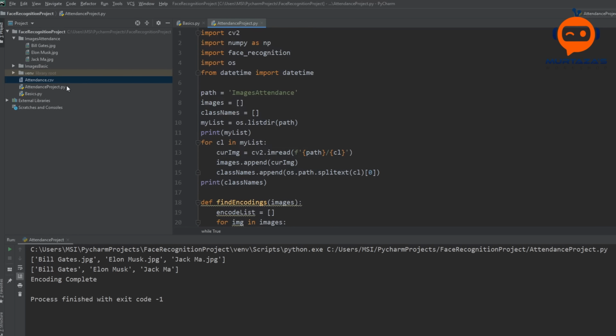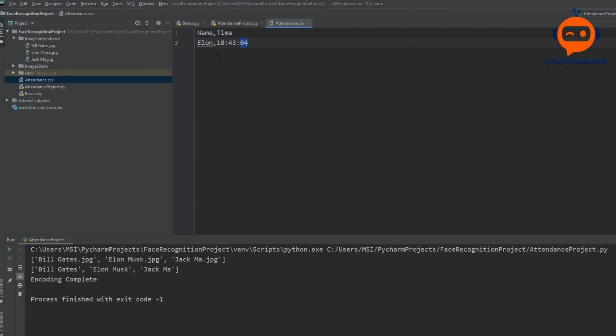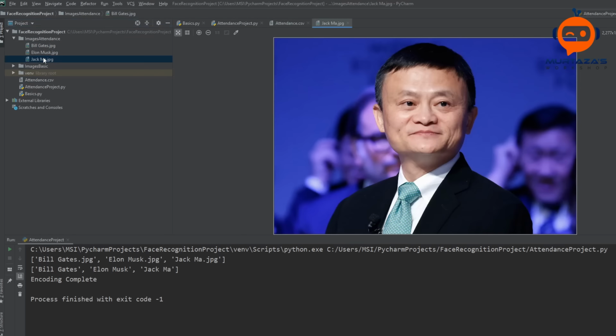If I go back to the attendance list, as you can see, Elon is already there. So even if I put the image of Elon in front, it will not do anything because it's already there. Now it will only mark the attendance for who is left, Bill Gates and Jack Ma.